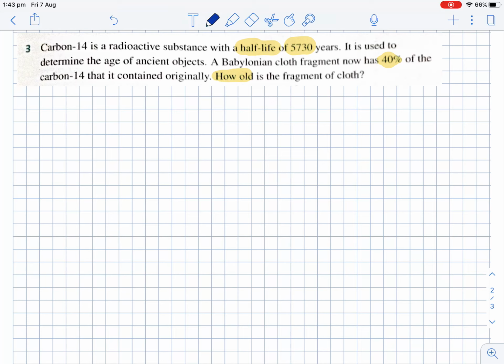Okay, so half-life. Half-life means the amount is equal to half of the initial amount. We have a number of years, which is time. We have a growth factor, or 40% here. I'm not quite sure what that is yet. I'm going to have to keep thinking about that. We need to find out how old the fragment is. So we're finding